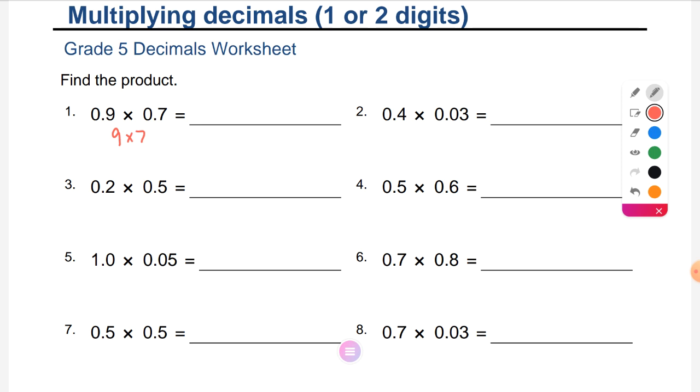So what is 9 times 7, Cam? 9 times 7 is 63. I'm going to write it under here. 9 times 7 is 63. Is that my final answer? Or was it just ignore the decimal points and then multiply? Milo, what do I do now? You have to do